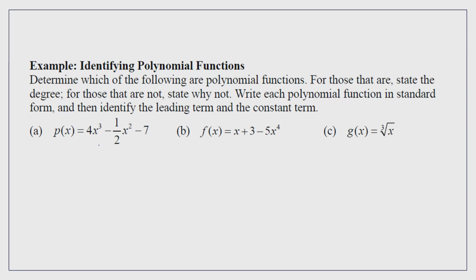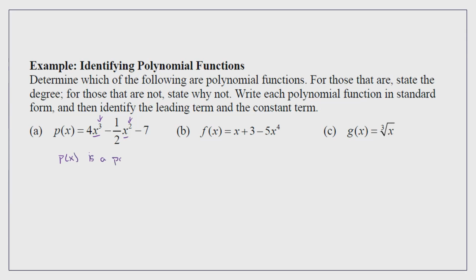So for P of x, we only have x as our variable, and n, which is our exponents, are all integers. All right. So this is a polynomial. So P of x